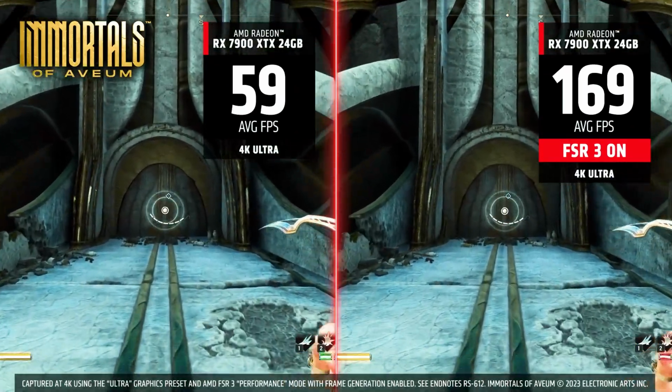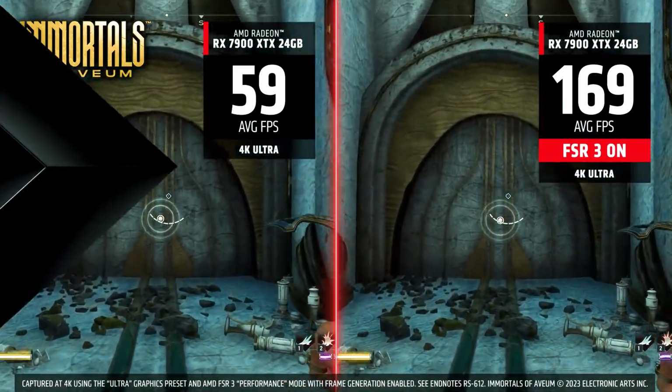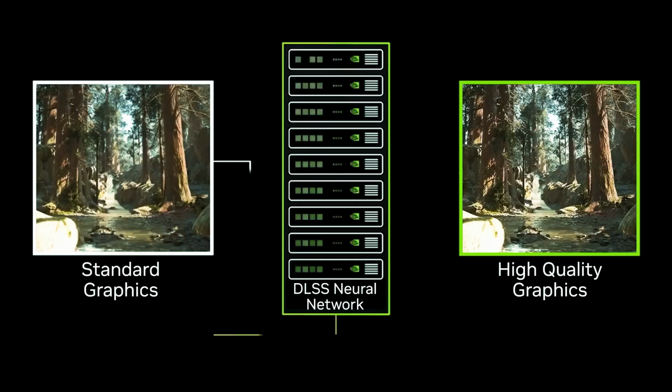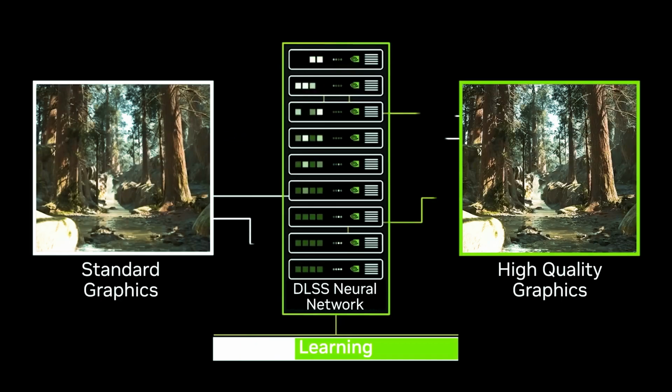So how will both shape the future of PC gaming? NVIDIA's DLSS and AMD's FSR. FSR uses a combination of bilinear upscaling and machine learning to improve image quality. It reconstructs details and textures in a lower resolution image to scale them to a higher resolution. DLSS is mainly based on machine learning and artificial intelligence. It uses neural networks to convert low resolution images to higher resolution images, reconstructing details and textures.